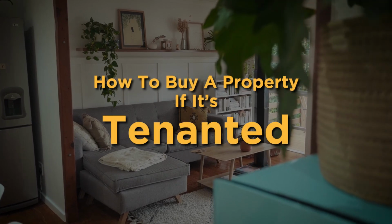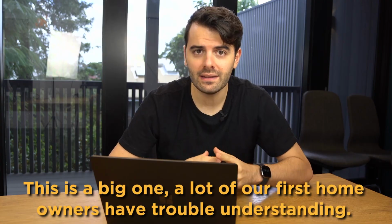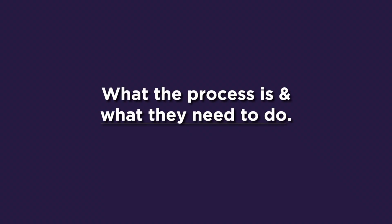How to buy a property if it's tenanted. Now this is a big one. A lot of our first homeowners have trouble understanding what the process is, what they need to do. So we're going to go through a step-by-step guide on how to buy a property to live in if it's